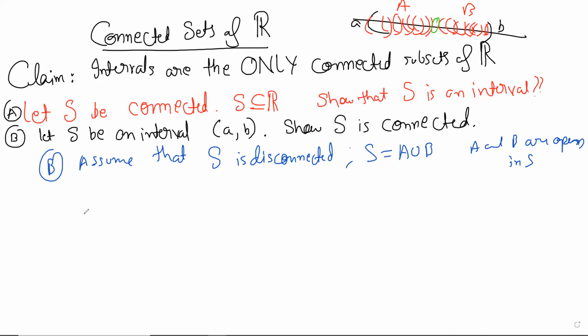But right now, just take the supremum of A. Let's call this x naught. Okay, the picture is just there so that we don't have to read this every time. But yeah, so the claim is that the supremum is